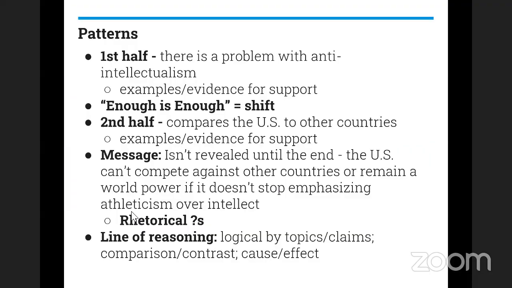First, let's think about what patterns emerged and what we noticed. So, in the first half, he talks about the problem. There's a problem with anti-intellectualism, and he gives examples and evidence for support. Then we talked about that shift already. Enough is enough. And there's a shift from that into the second half of the essay, where he compares the US to other countries. And here again, there are examples and evidence for support. The message itself isn't revealed until the end with the rhetorical questions. When he says the US can't compete against other countries or remain a world power if it doesn't stop emphasizing